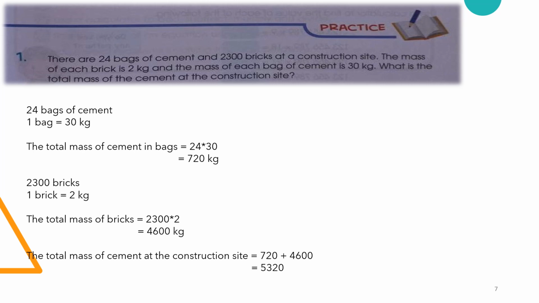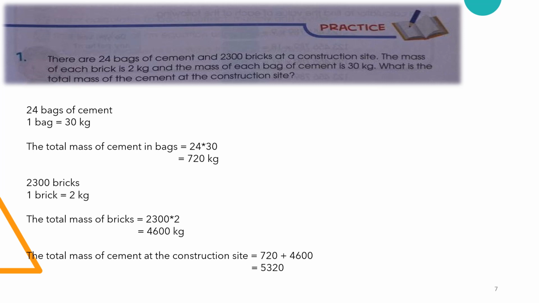Now start the practice question. Question number 1 says there are 24 bags of cement and 2300 bricks at a construction site. The mass of each brick is 2 kg and the mass of each bag of cement is 30 kg. What is the total mass of the cement at the construction site? Basically, in order to get the total mass, we should know the mass of the bricks as well, and then we add the mass of the bricks and the mass of the cement bags to get the total mass at